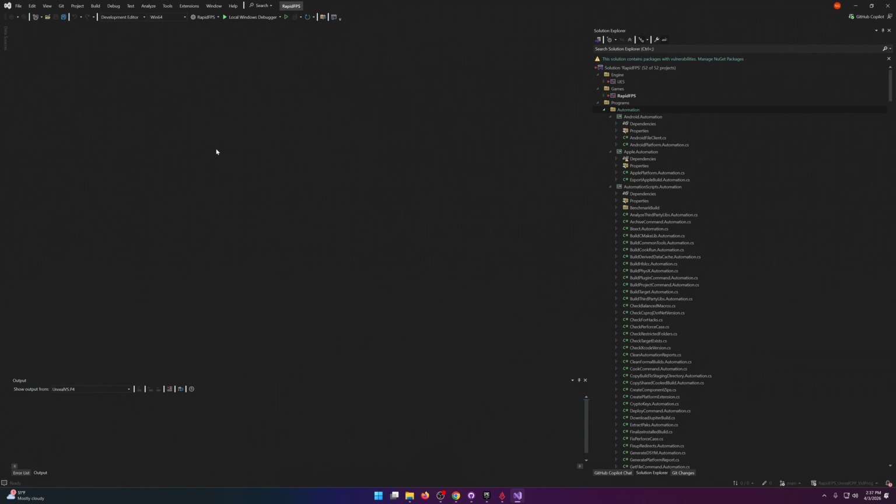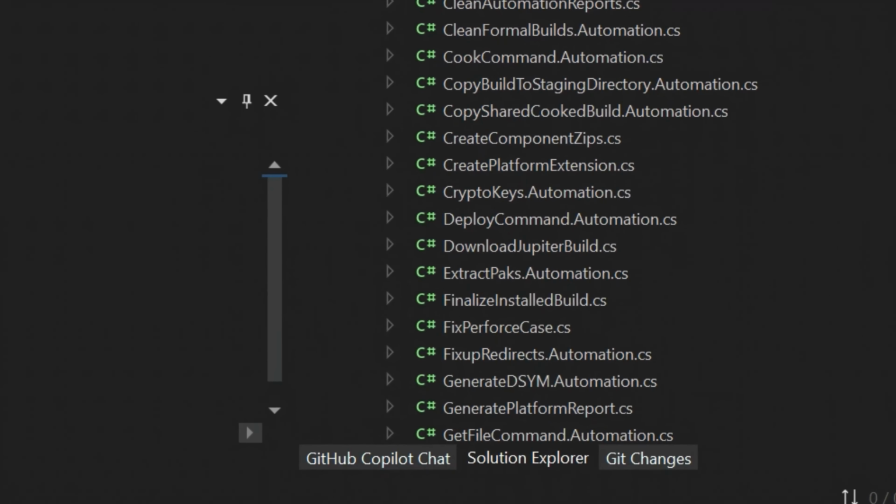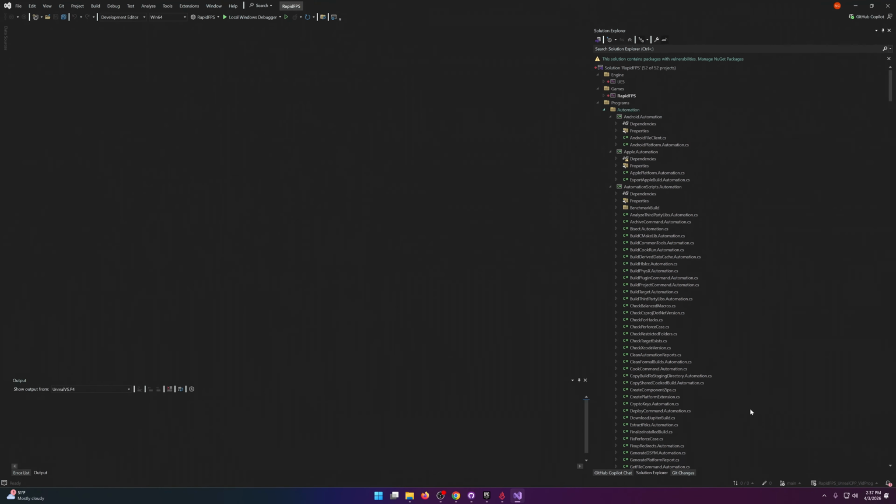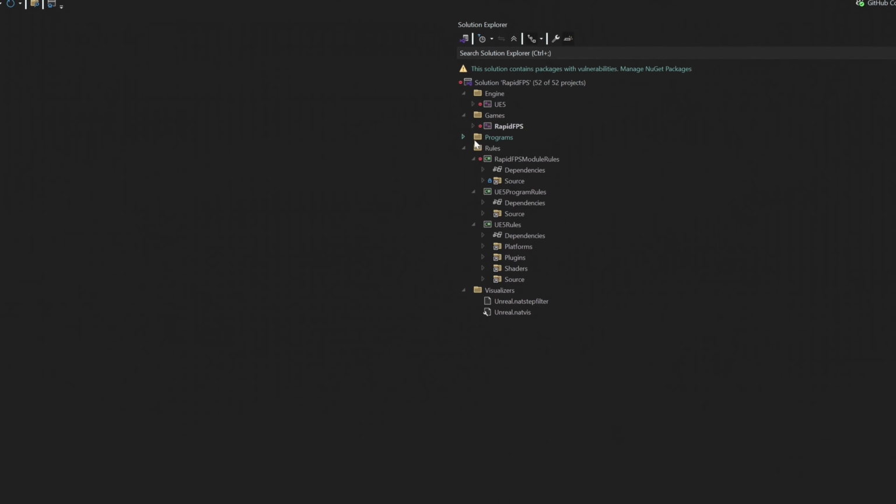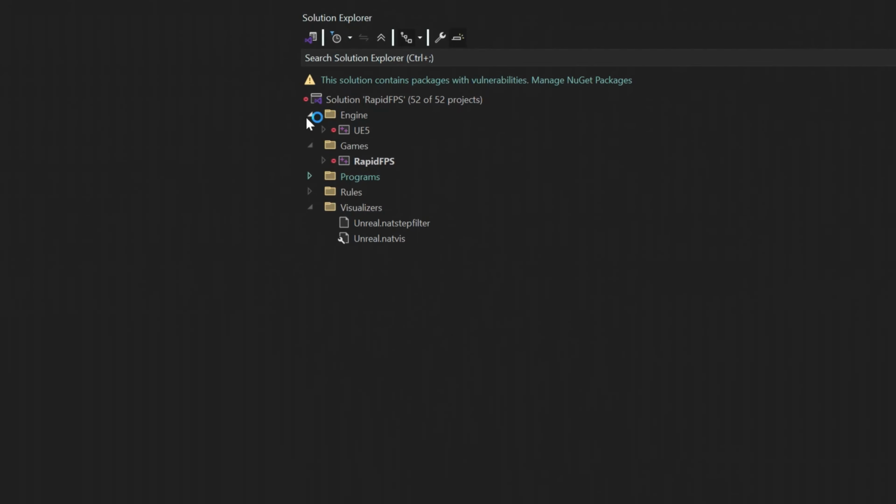All right, so once that's pulled up in Visual Studio, you may need to go to your Solutions Explorer, which is there at the bottom. So you can click on Solutions Explorer. You can hide this stuff. We don't need that. We just want what is here inside of the games folder. Look for the project name,